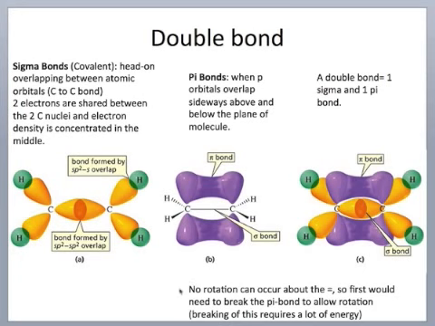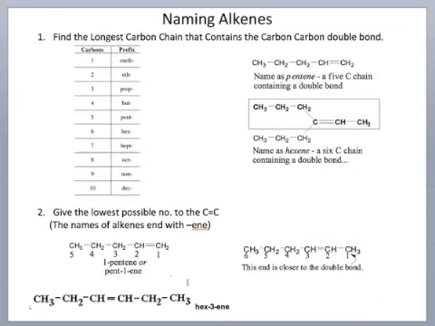The importance of this is that when you have a double bond, there is no rotation. No rotation can occur about the double bond. In order for rotation to happen, you would first need to break the pi bond, and breaking a pi bond requires a lot of energy. Okay, so let's consider